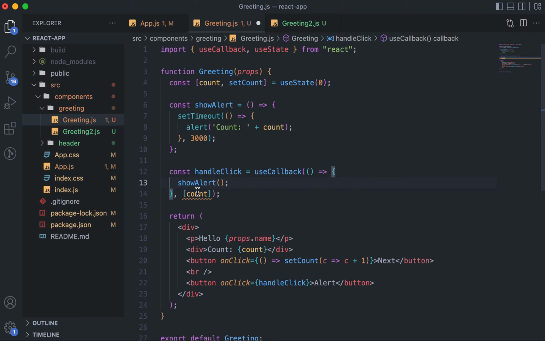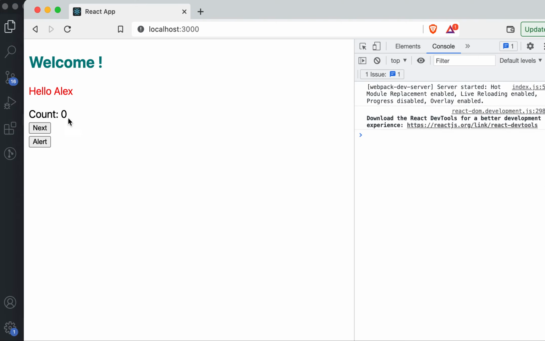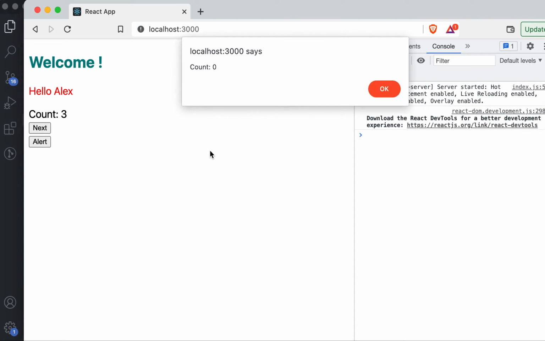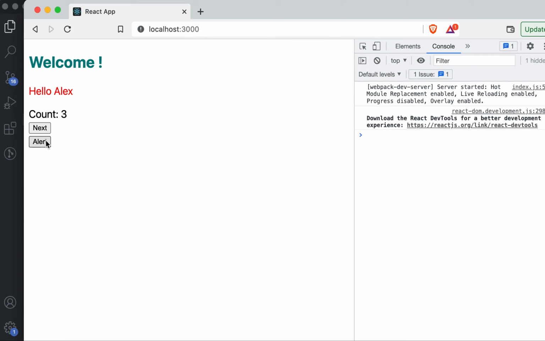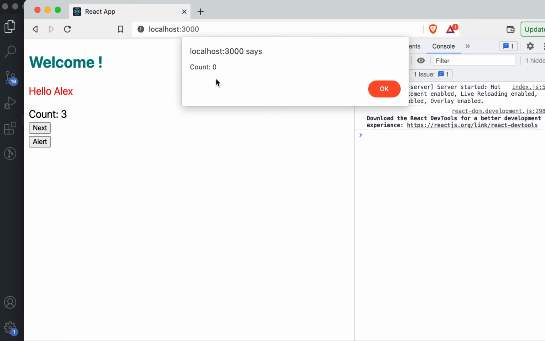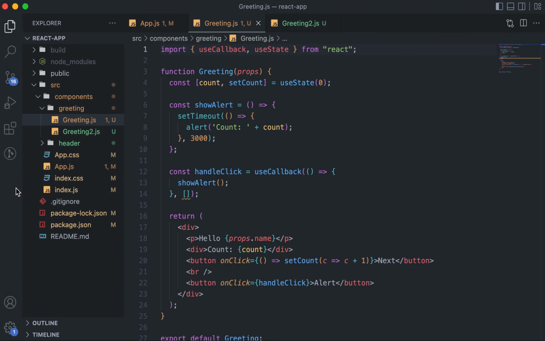And now you might be thinking that I am not using count, so let's remove count from here. But now you'll see that again the same behavior will happen. So you can see that when I click and then I change, then it is 0, that is fine. But when I click again, then it is still 0. And what is the reason? The reason is that